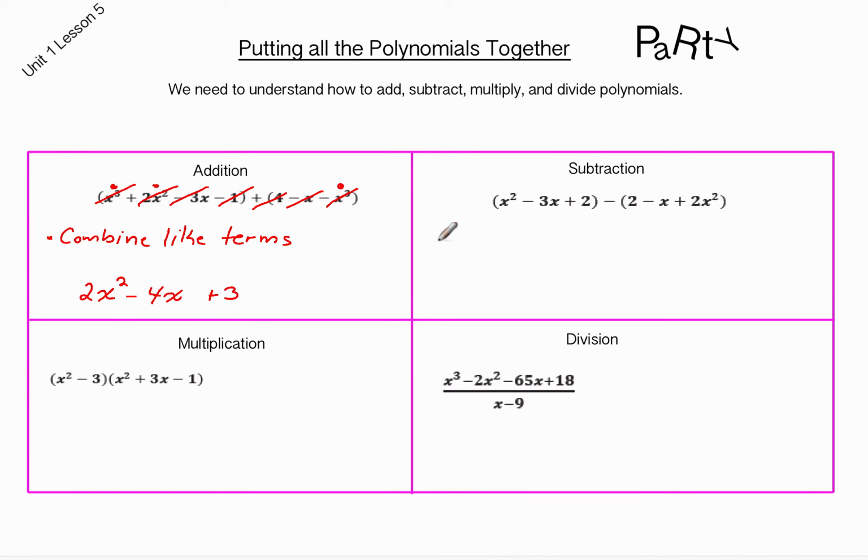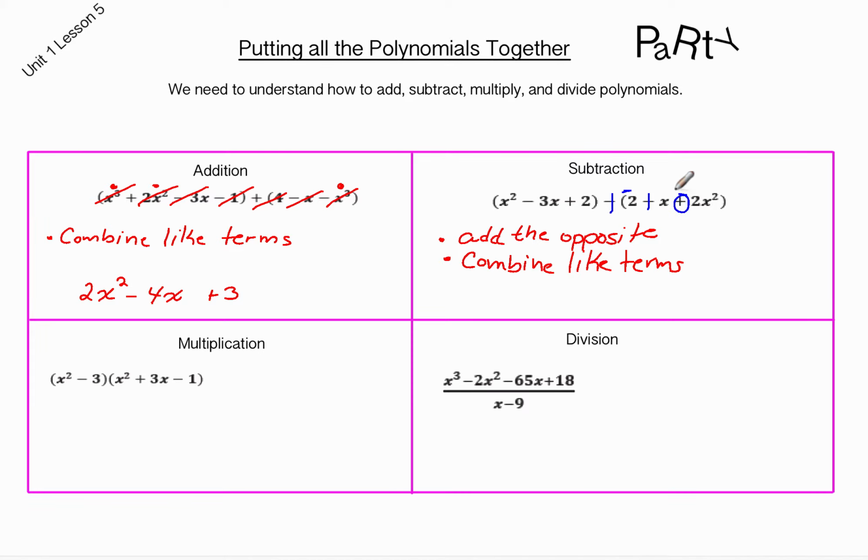For subtraction, it depends on how you look at it. I like to change it to add the opposite and then combine like terms. Because let's face it, adding is a heck of a lot easier than subtraction. That's why you were taught adding first and subtraction second. So I'm going to come up here in my pen and I'm going to add, and then everybody after it